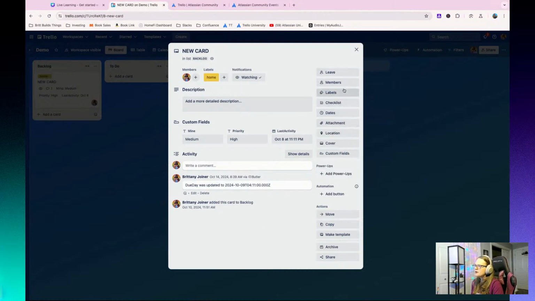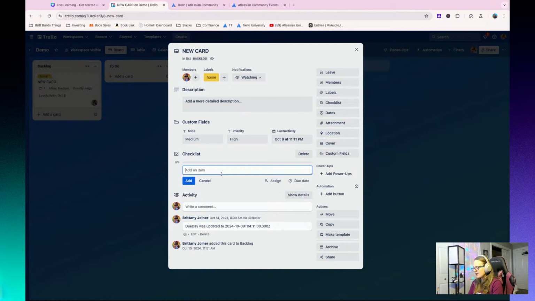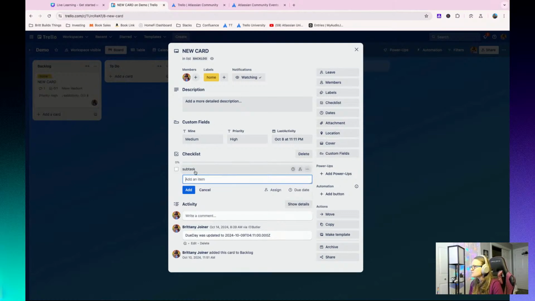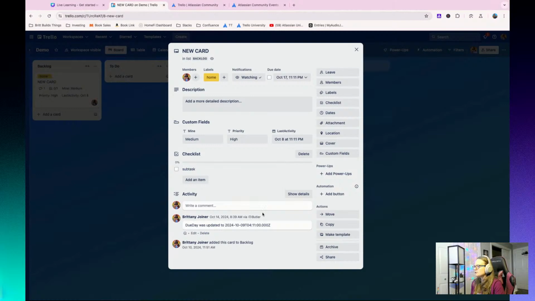And the other things you can do are add checklists. So maybe you want to add subtasks within that card. Maybe this is a larger task, like write a blog post, but you want to add things like come up with an idea or draft out the content, etc. You can do that in here. And the other things you can add are dates. So these are really helpful. You can add a start and due date if it's something that spans multiple days, or you could just say, I want to do this on Thursday, and it will put that in there.